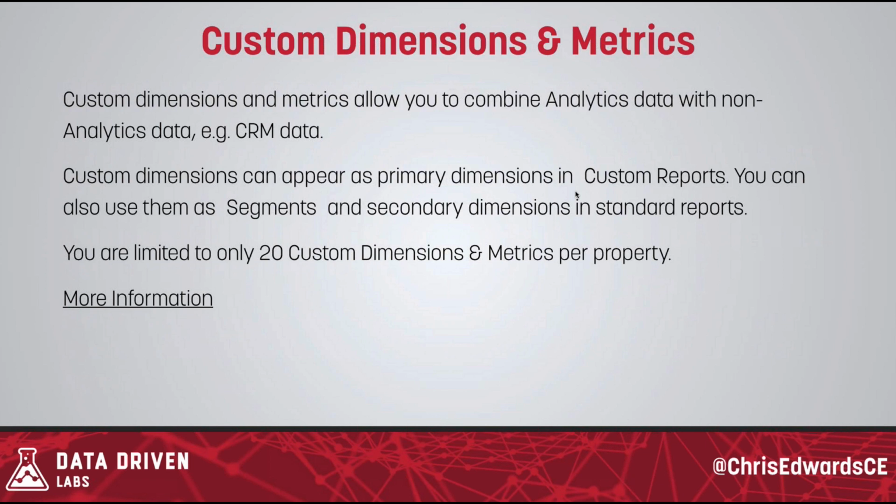There are three different types of dimensions. Basically, you have a hit, a session, and a user. This is based off of where they get set. A hit means that the dimension gets set just for that one page view or that one hit. A session means that once that dimension is applied, which is applied through custom code, it follows you through the rest of your session. And then user follows the user and stays with the user. So if they leave your site and they come back into another session, that dimension will stay with that user through the rest of their